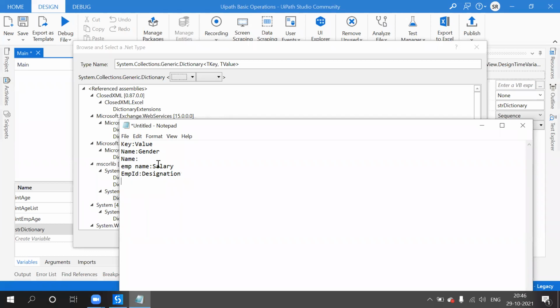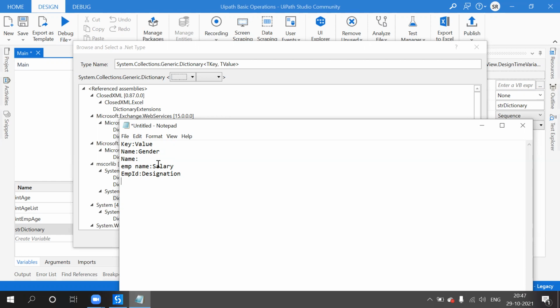These are all the combinations of key and value. If I give some key-value, for example my name is Sudhakar, my age, or I am an employee in one company.